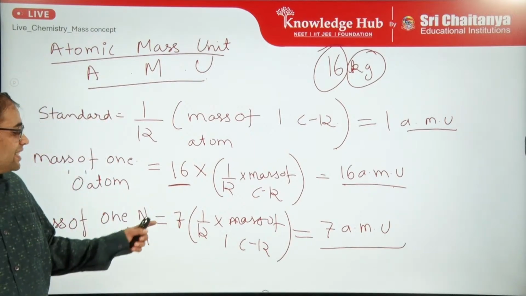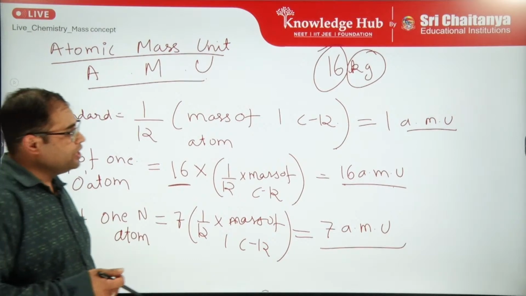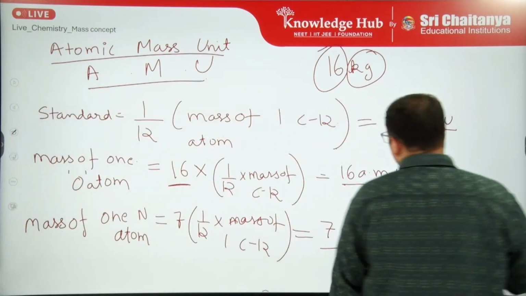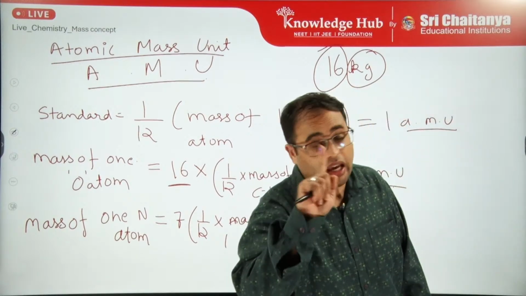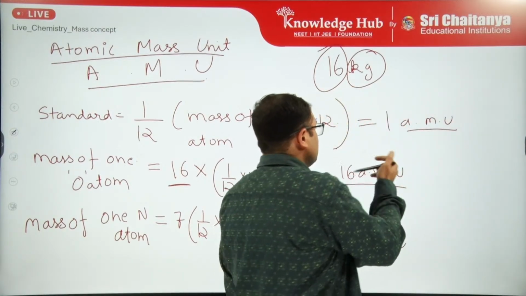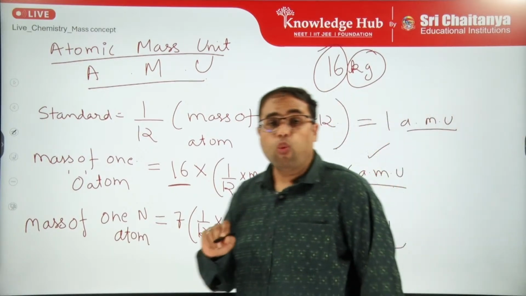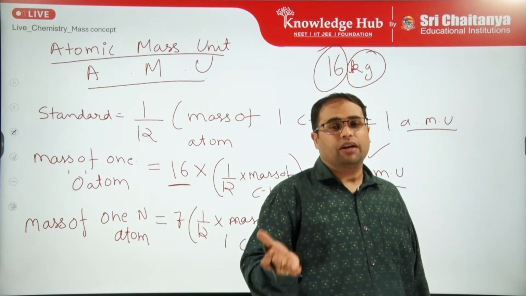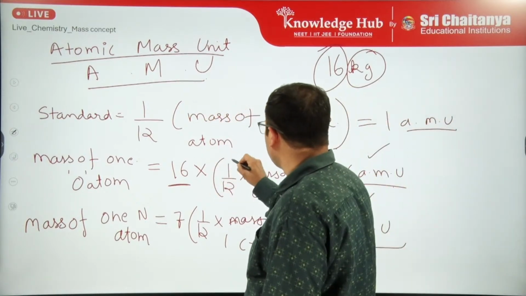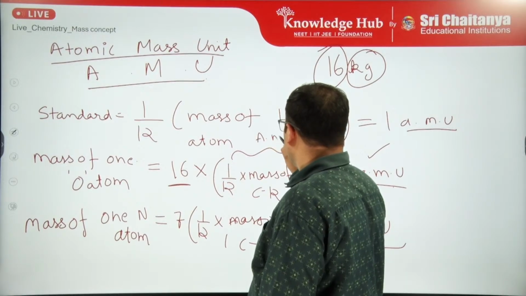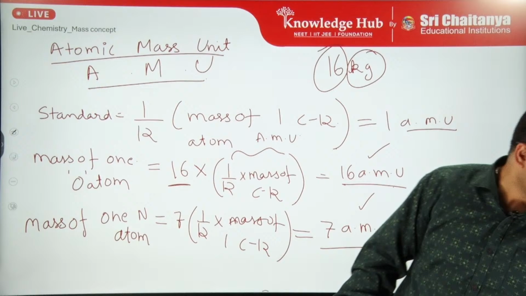Right? This is how we follow and work in calculating masses. Remember, whenever you have an AMU, it means the mass of one thing. This is the mass of one oxygen atom, the mass of one nitrogen atom, right? Now let us move forward, and this part is called, I told you, AMU. Right. Now let us move forward to the next concept,